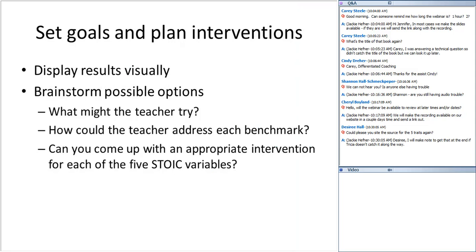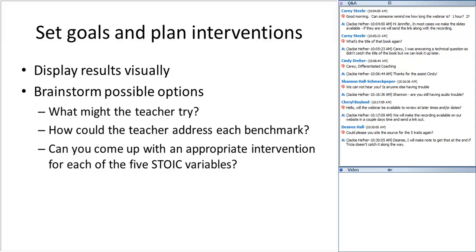Now, I will also admit this. We're not good at believing data that's put in front of us. We will come up with 10 million reasons why that data can't possibly be accurate. This is why we're really moving towards, yes, take the data, but if you can get teachers to videotape during that same time frame, maybe that same 15 to 20-minute time frame, and take data on themselves, the conversation is so much richer. What we've found is when teachers videotape themselves and can actually see what's happening and take their own data, there's a much greater willingness to set a goal and plan an intervention.